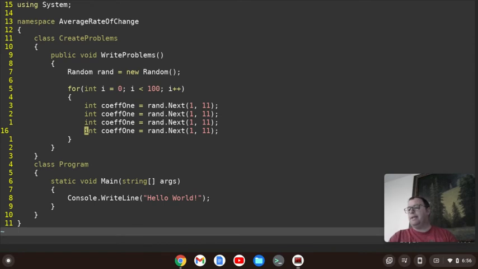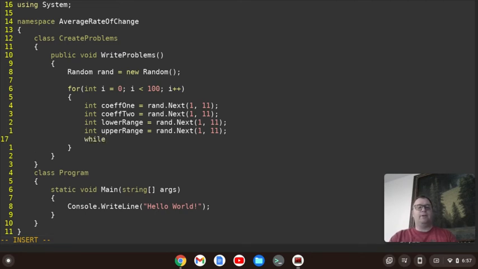And I'm going to copy that a couple times. Let's change this to 2, and change this to lower range, and then change this to upper range. I'm also going to have a while statement because I don't want the lower range and the upper range to be the same. I want the lower range to actually be less than the upper range. So while the lower range is greater than the upper range,